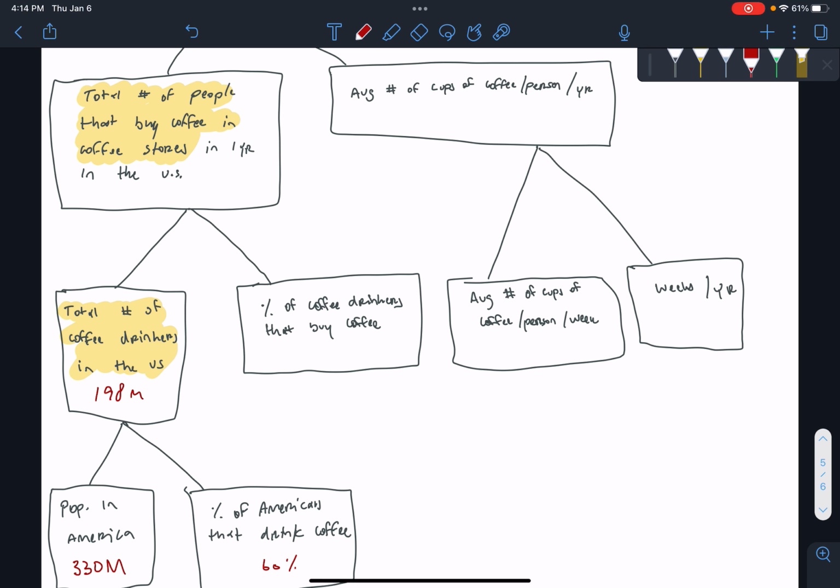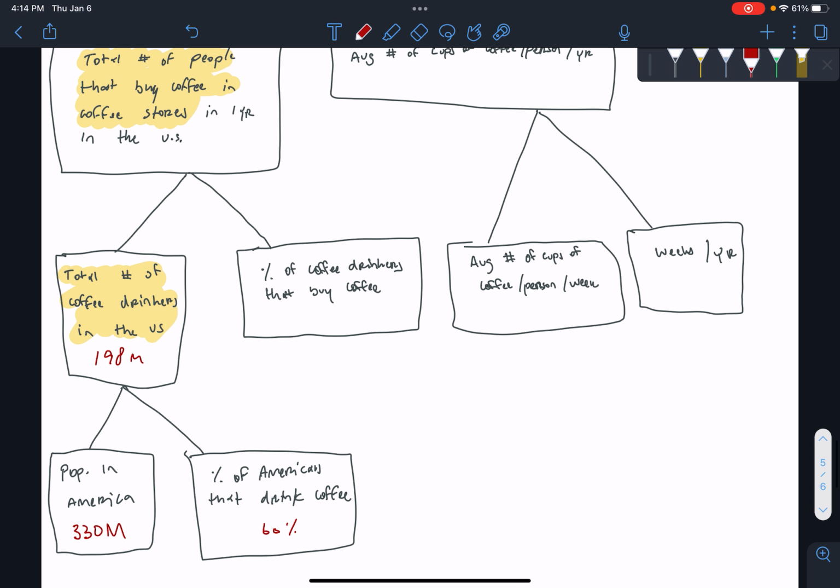So our percentage of coffee drinkers that buy coffee. You'll want to think about the fact that there are a lot of people who are going to be brewing coffee at home. But I think a lot of people, especially the younger generation, college students, working professionals, the majority of them are going to be buying their coffee. And I think it's really only quite old people who are brewing their own coffee. So I'm going to estimate that maybe around 75% of these people